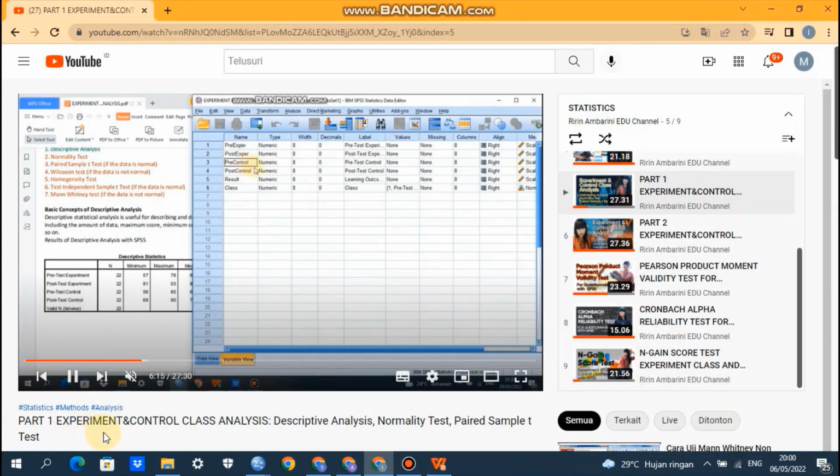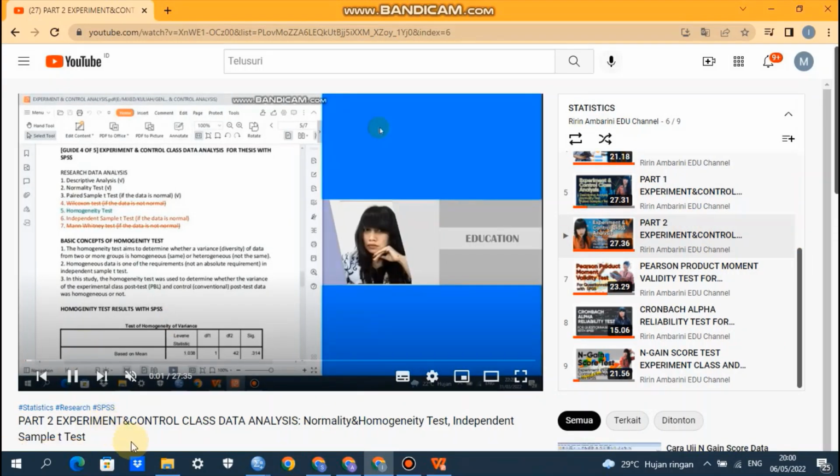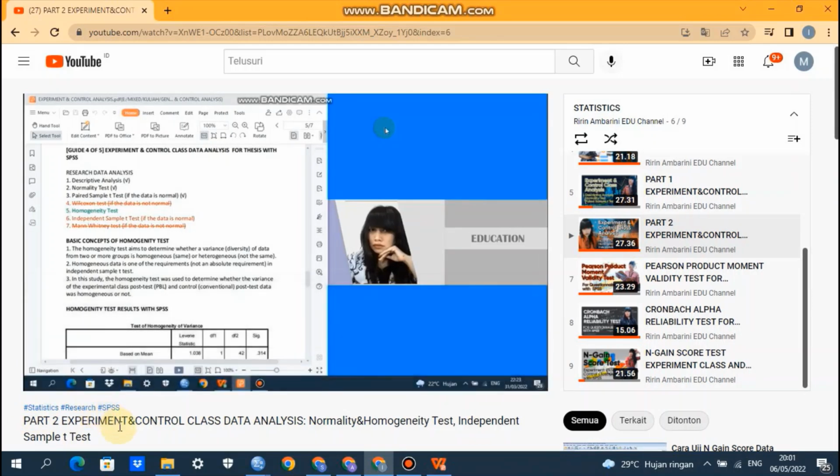Part 1, experiment and control class analysis. In this case, the analysis of paired sample t-test for experiment and control class analysis. And then the next, part 2, experiment and control class data analysis for independent sample t-test.